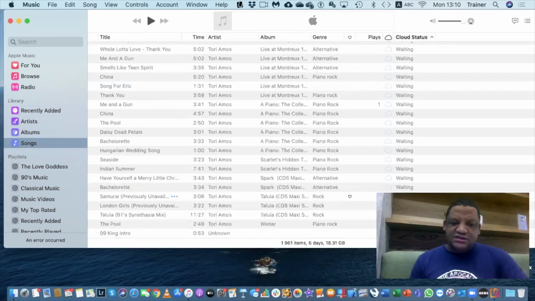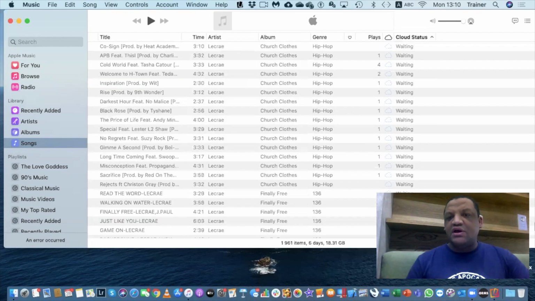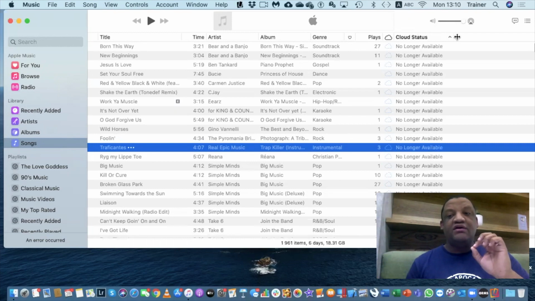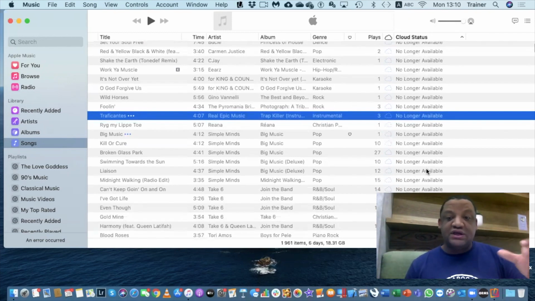So guys, in some cases, some of my clients have asked me, Angela, why is it that some of my music is not uploaded to my Apple Music? And the answer to that is when you activate the column on the right hand side, it will tell you what is actually happening, meaning that either that song is not available under the Apple Music anymore, but I'll keep these songs on because things might change again, guys.